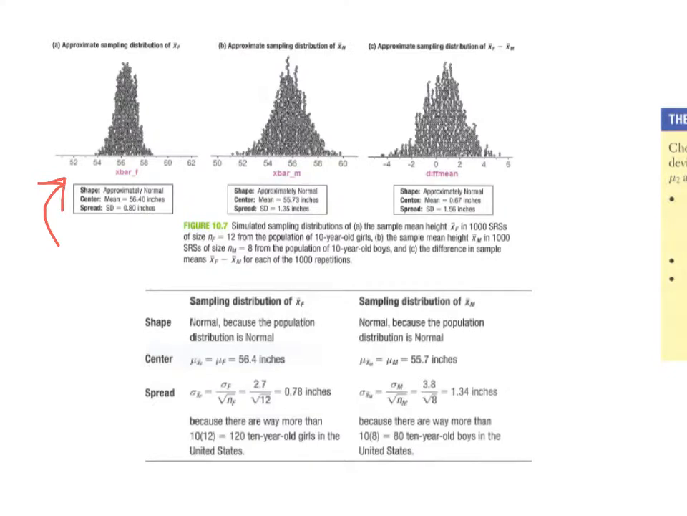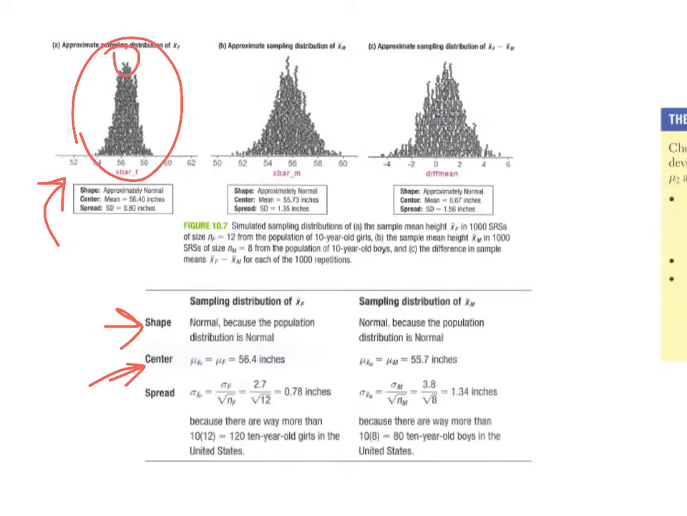This was created on software, and this is 1,000 repetitions. So there are 1,000 little dots here in our dot plot. Okay, and so our shape of this is approximately normal, because in the problem setup, which if you would like to read it, is on page 636, our population distribution is normal, so that means our sampling distribution is going to be normal. Our center here is centered around the mean, okay, and our mean here is about 56.4, the highest point there